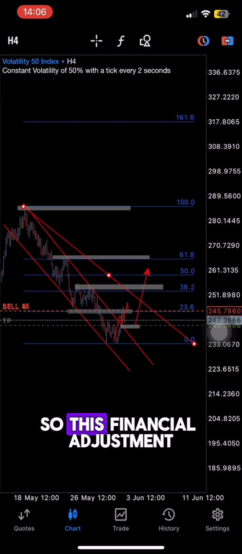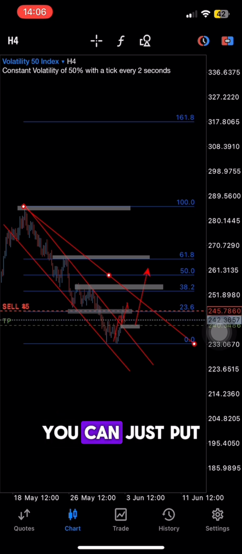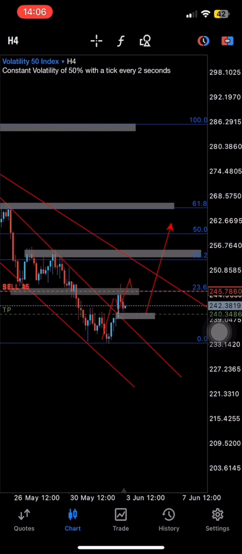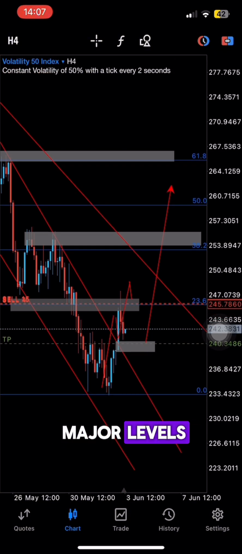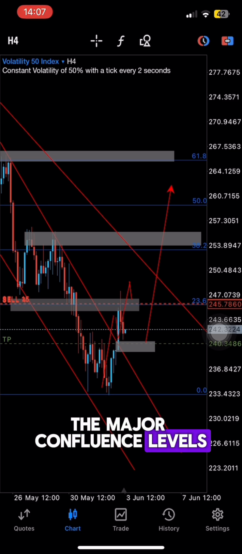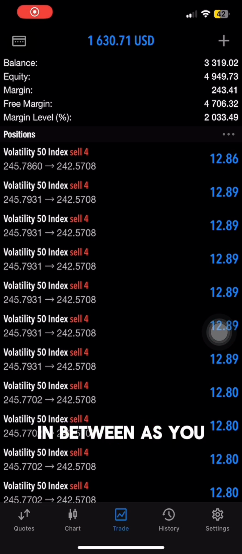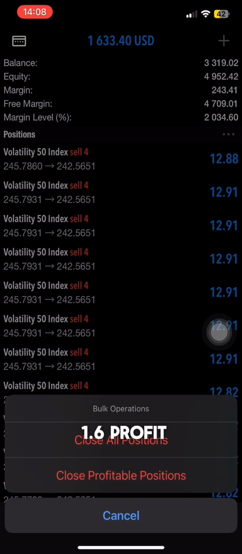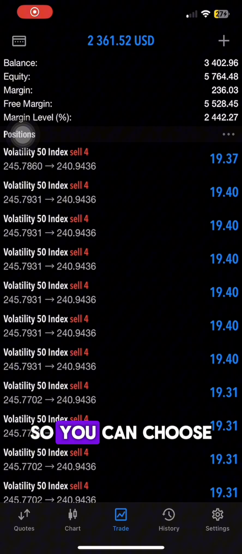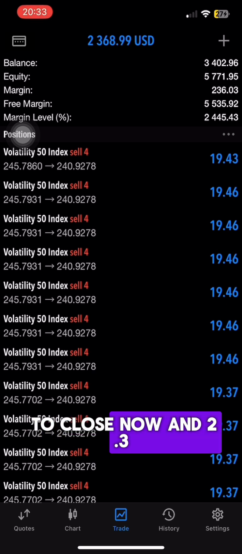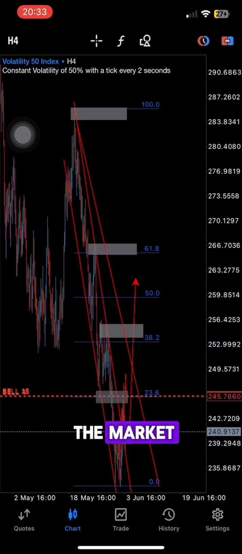So this Fibonacci retracement, as I have said earlier in my previous videos, you can just put it at the higher high and then the lower low, and then all the major confluence levels will be indicated by those lines in between. As you can see, now we're in 1.6 profit. So you can choose to close. Now we're in 2.3. You can choose to close and then just leave the market,